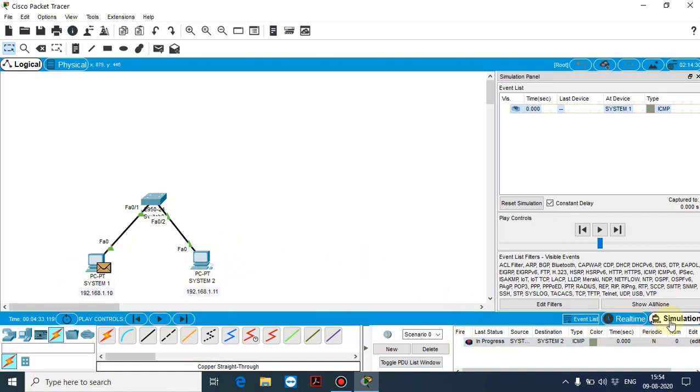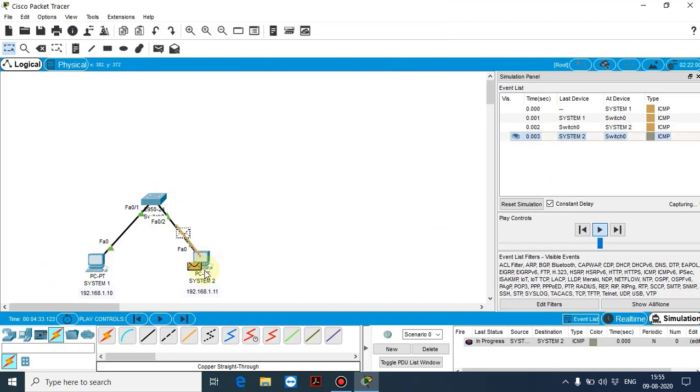Okay, if you click on simulation mode, you will see how the packet is requesting on another PC. So the second PC will respond back to system 1. Okay, let us check. See here, system 1 is requesting system 2. The second PC is responding back to PC1. After responding, data will be transmitted. So you see here, okay.